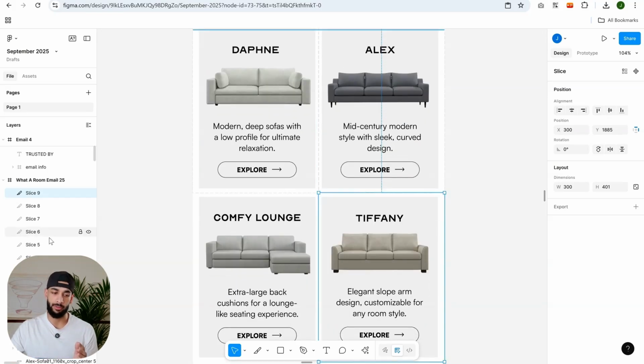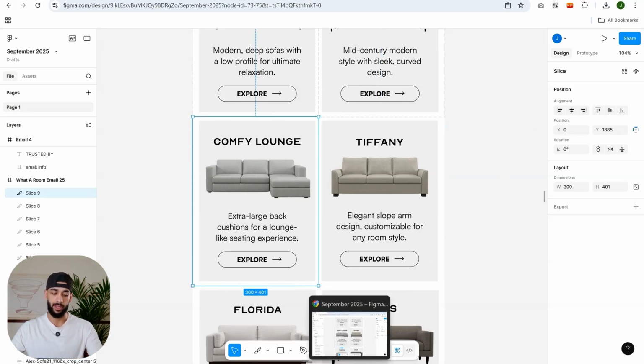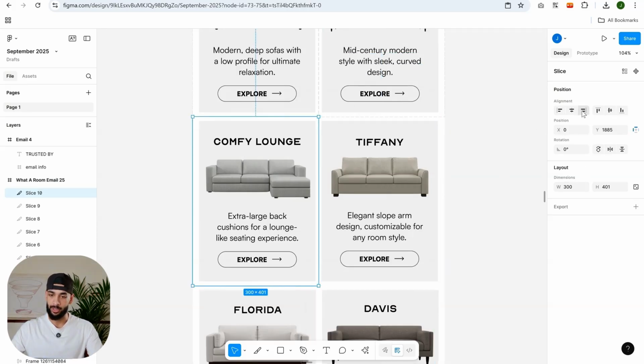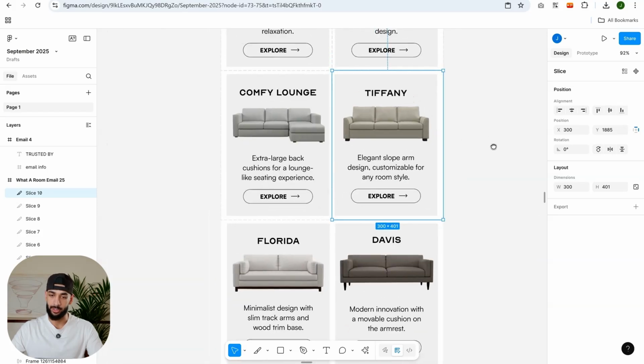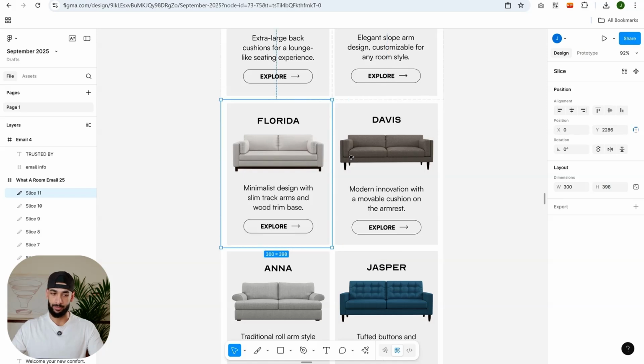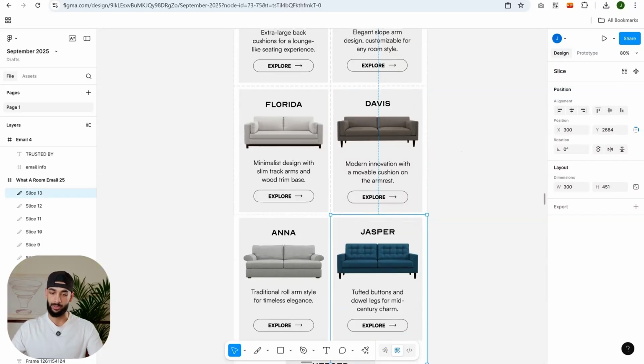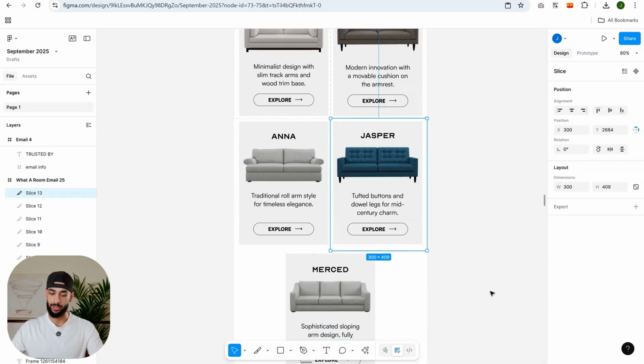So instead of having slice 9 here, I just like to always start from the left. So that's slice 9, copy paste. That's now slice 10, copy paste, sort it out vertically first. Okay, left, slice 11, slice 12, again copy paste, sort it out horizontally, align left, copy paste, align right, and